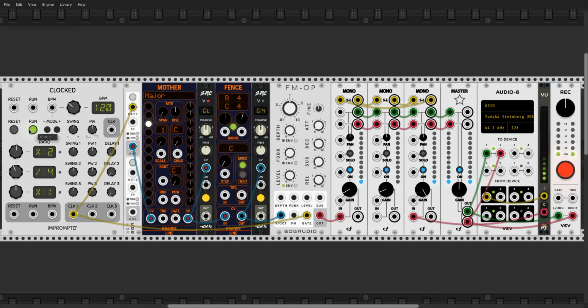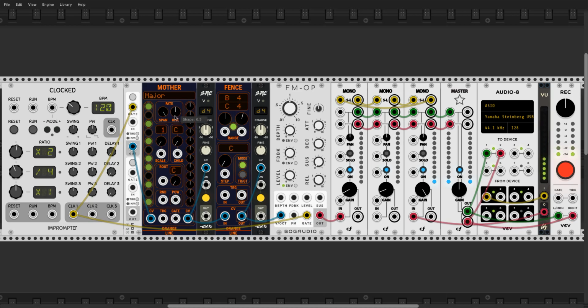So let's stop that for a moment to explain this aspect of Mother. This fade setting has two knobs. The one is called span, and if we turn it, you see that the range in which Mother is allowed to change the note from the incoming note is defined by span. If I put it up fully, Mother is allowed to change the note 6 semitones up and 6 semitones down, thus making available the whole octave for